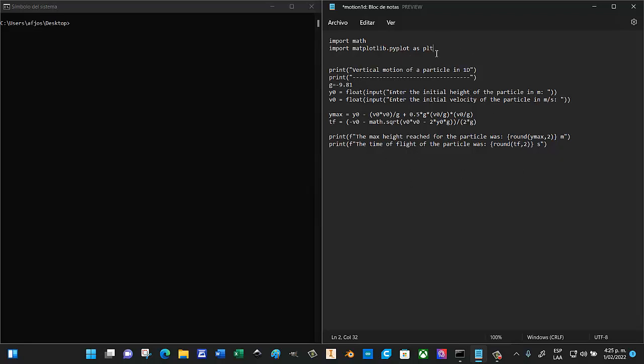Okay, so for plotting, we need to calculate the position of the particle at several times. And with that information, we can recreate the trajectory of the particle. You can do that in one dimension, only using the space, in this case the y-axis, or you can use another kind of graph, like the graph position versus time. In this case,